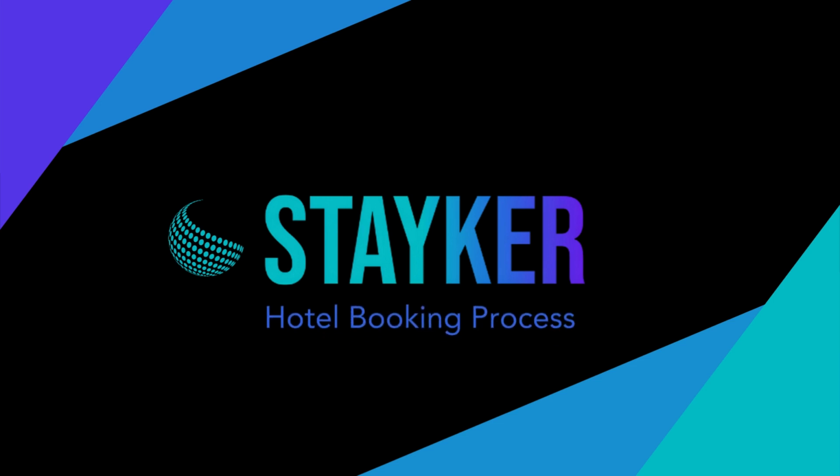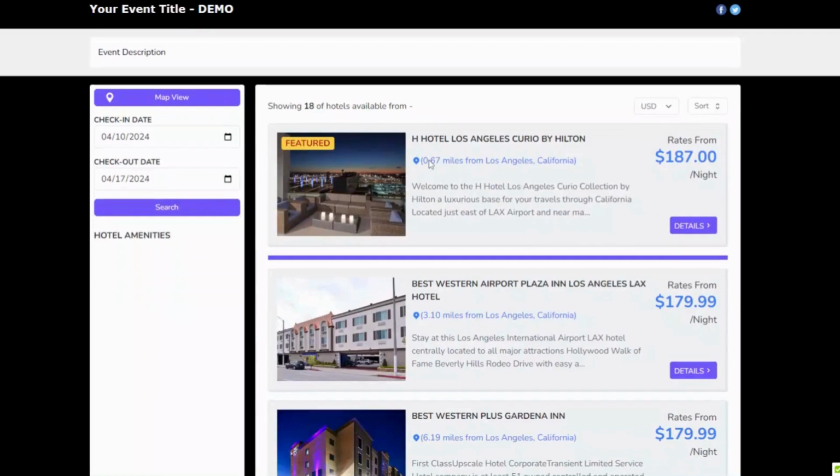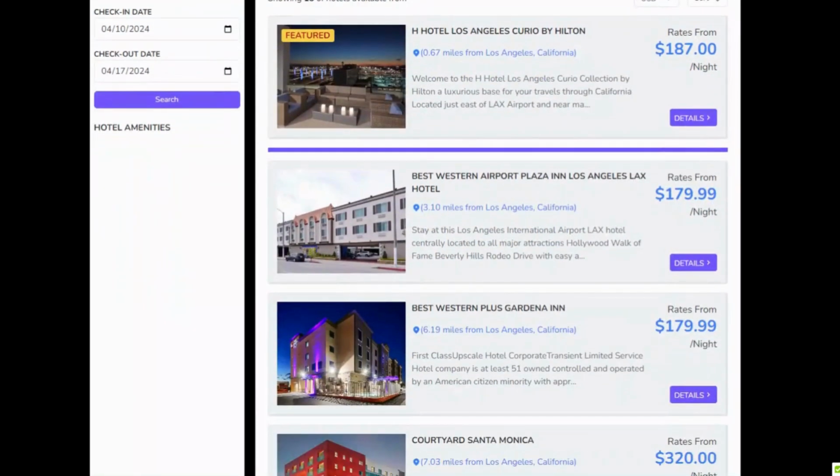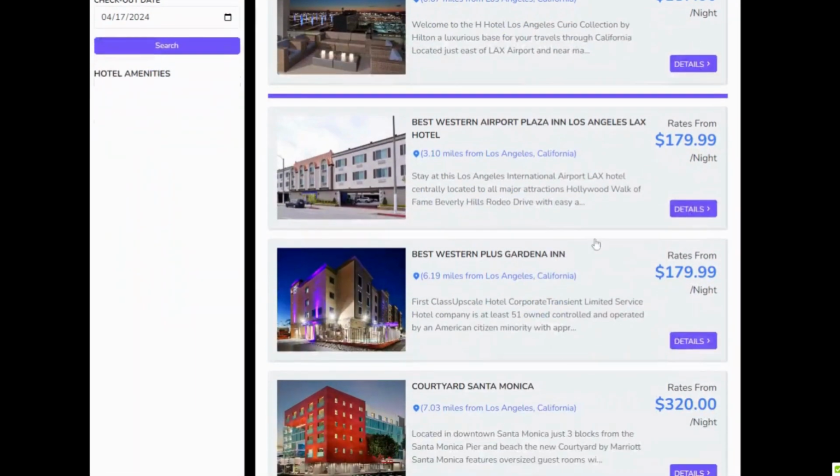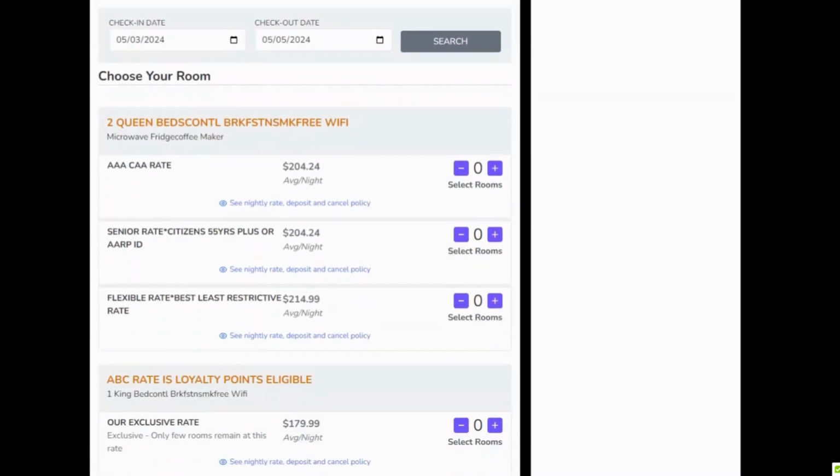Booking hotels with Stayker is a simple, straightforward process. Begin by clicking your event link to view hand-selected hotels loaded based on availability for your stay dates. When you've made your choice, click Details to access the hotel's booking page, where various room types and rates are